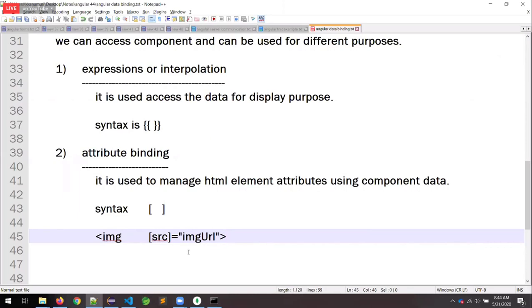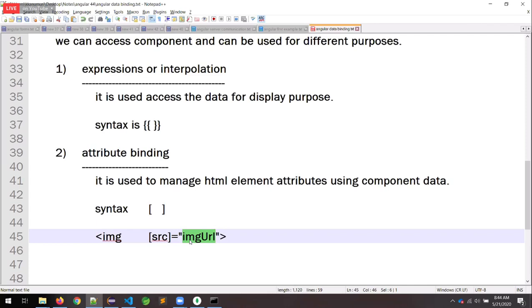Now tell me, is it a value or a property? It is a property, not the value. Very good. This property is available in the component.